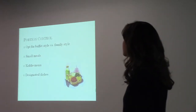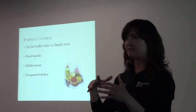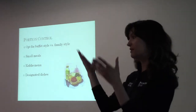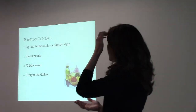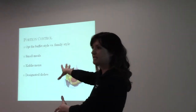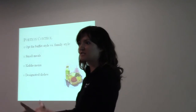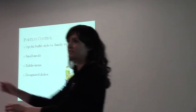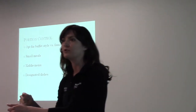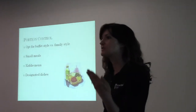Opt for buffet style versus family style. Especially if you're entertaining, like a holiday, or if you're going to do 4th of July coming up, have a table off to the side where everything sits, as opposed to a sit-down dinner with everything at the table. If you've got the spread right there at the table, you're more likely to just reach over and grab another spoonful, right? If you've got to actually physically get up to go get it, it's that extra step that might